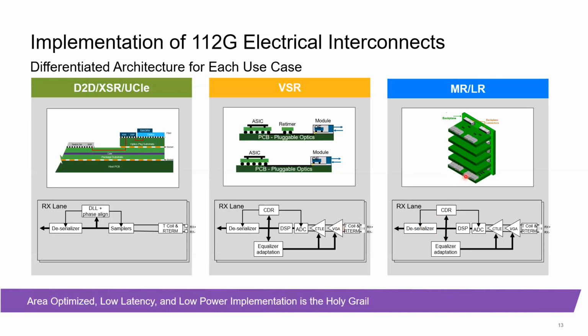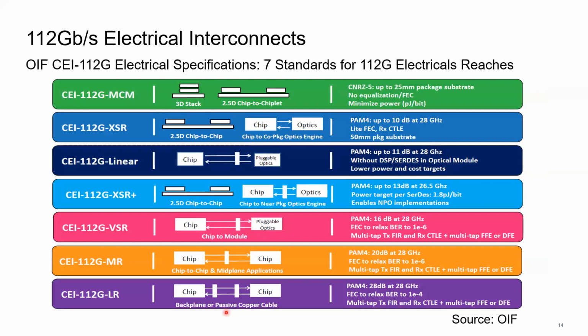And to equalize this kind of channel, you do need an ADC or DSP based receiver architecture. And as all of these blocks take power, we are talking about 5 to 6 picojoule per bit of power just to transmit one bit from here to another chip, which is on another PCB. So to save power in all this interconnect, an area optimized, low latency, and low power implementation of this SerDes technology is a holy grail. So now fast forward to today, after 5 years of working on the standard,